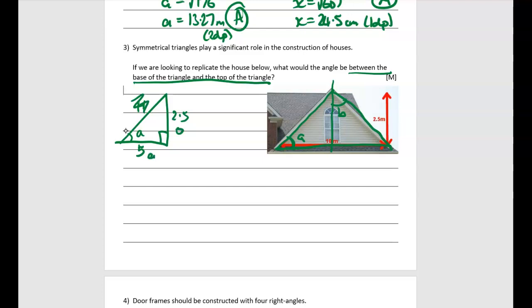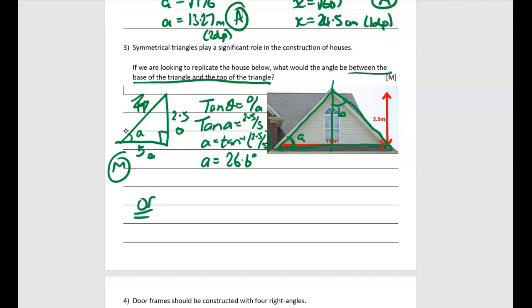So we're going to be using tan. So tan angle equals O over A. Tan A, because that's the angle, is equal to 2.5 over 5. A is going to be equal to tan negative 1 of 2.5 over 5. And that meant A came to 26.6 degrees. If you were able to do that, you got a merit mark. And the alternative answer, if you were calculating angle B for me,